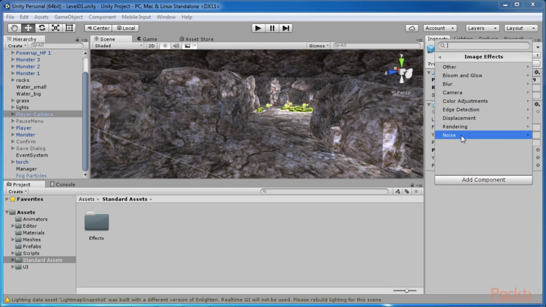This consists of camera effects such as noise, grain, and scratches that simulate noise and film grain, which is a typical effect that happens in film photography or TV VCR. Other. This contains two scripts,